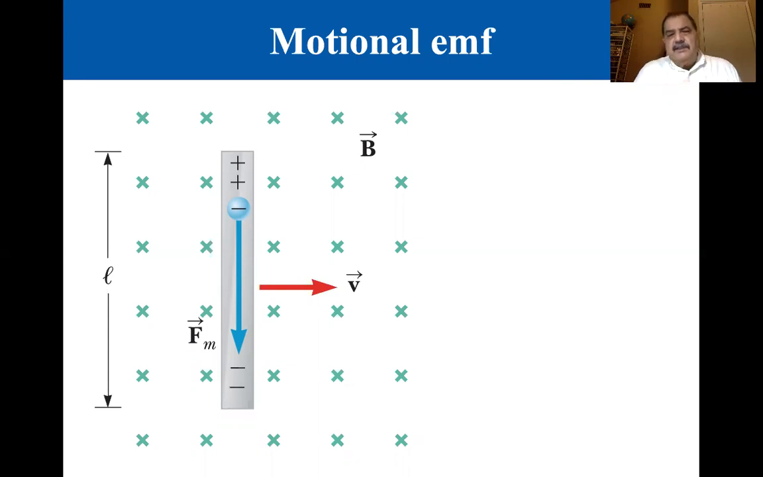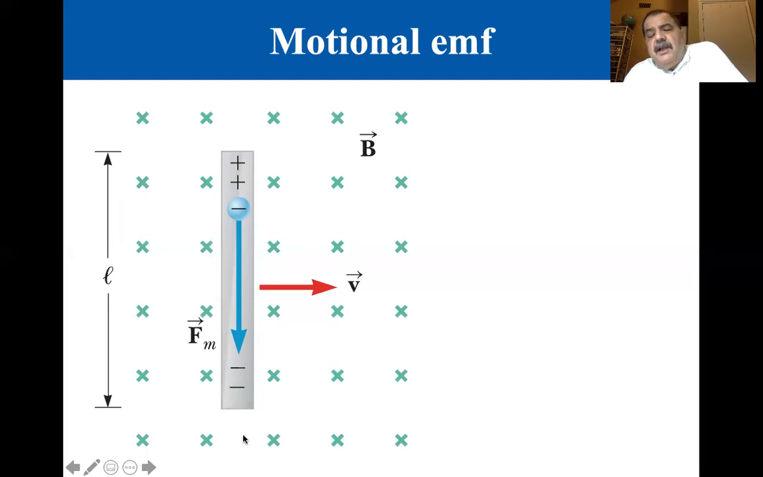Now, to me, it's into the screen, so I'm going to point my fingers into the screen, and the velocity is in this direction. So on a positive charge, the force would be upward, but on a negative charge, it would be downward. And so if we go to the figure now, we see that as this bar moves to my right, there's a force, this little Fm, the force on an electron, and it forces the electrons